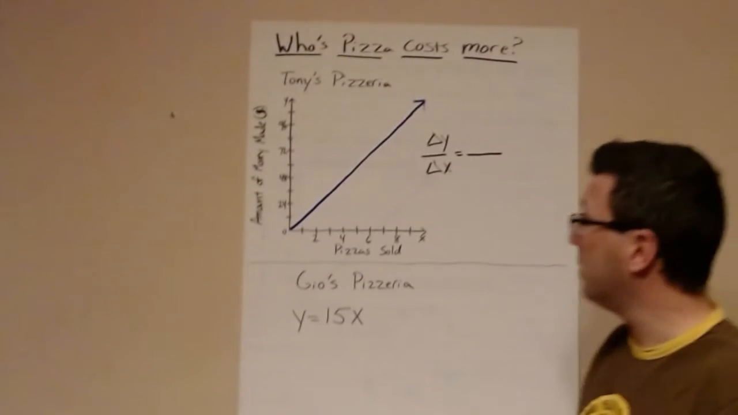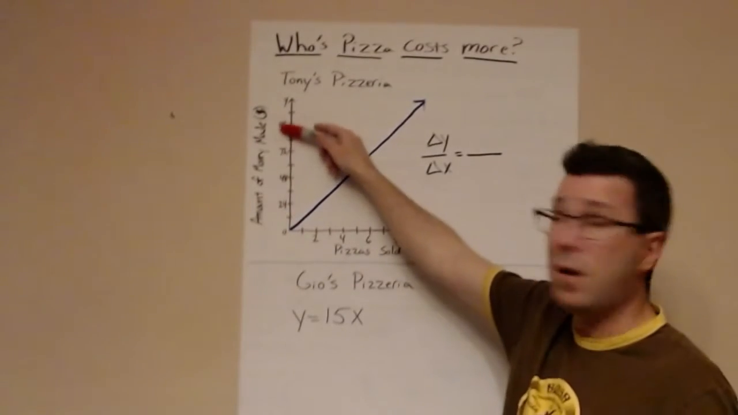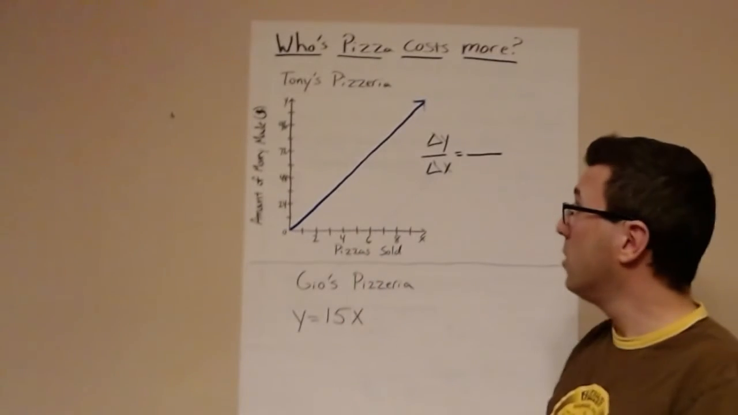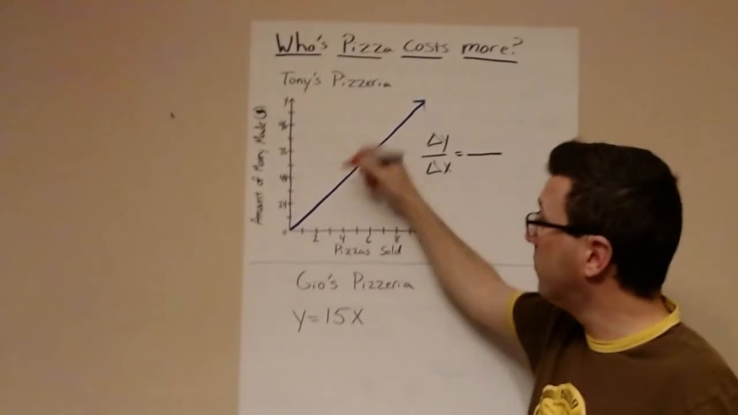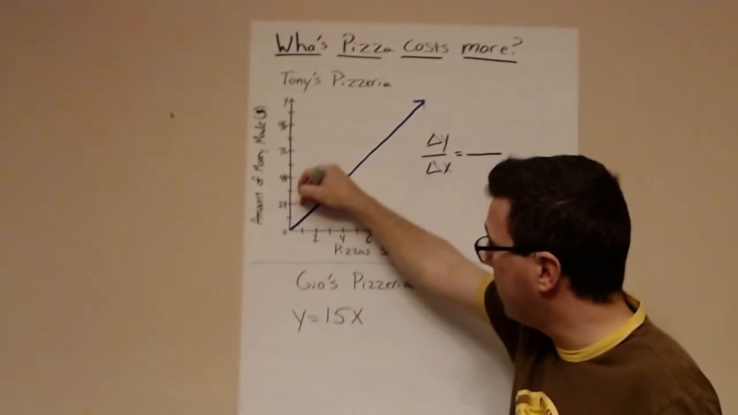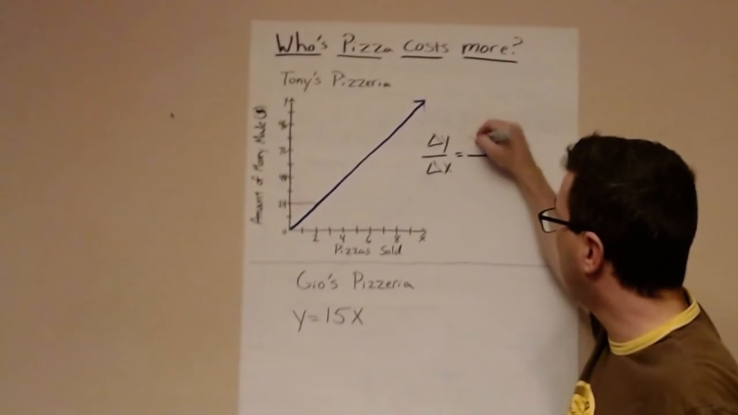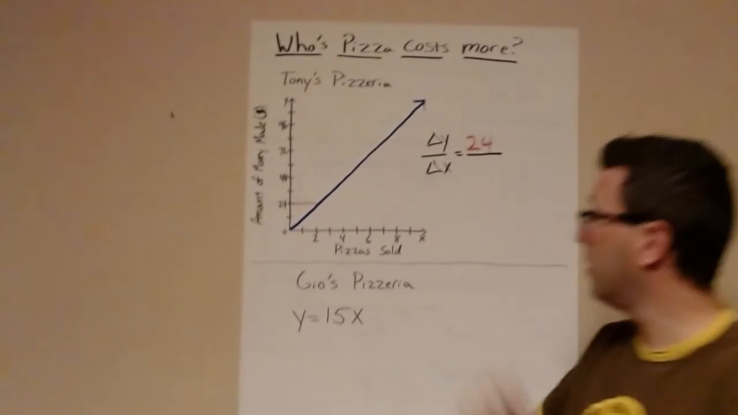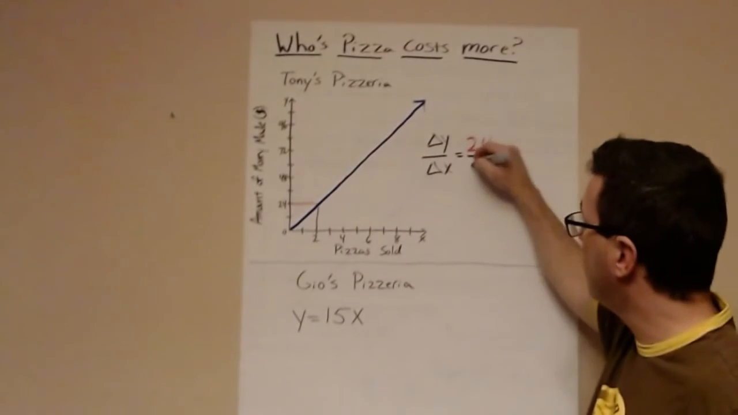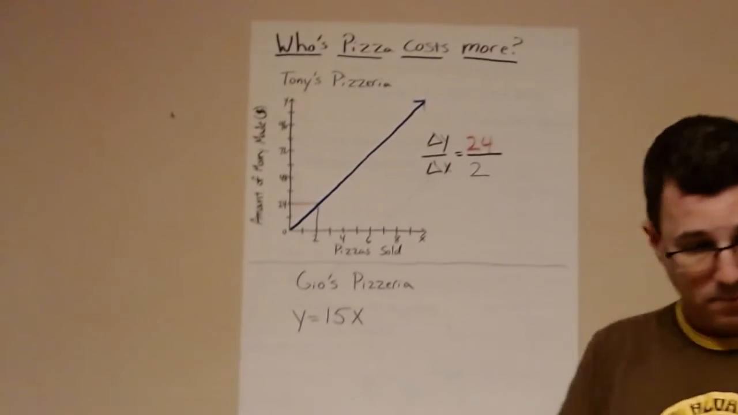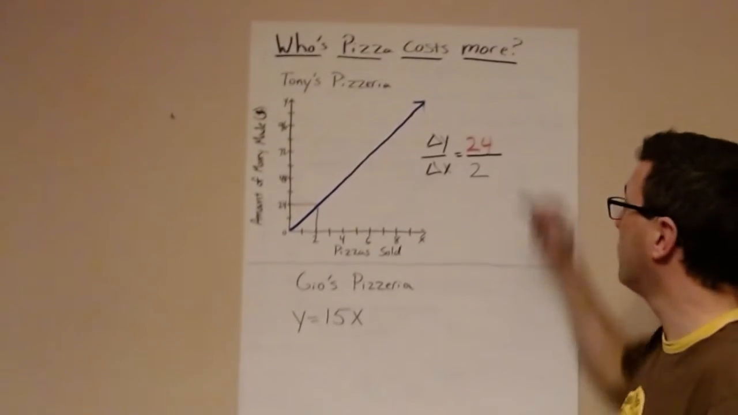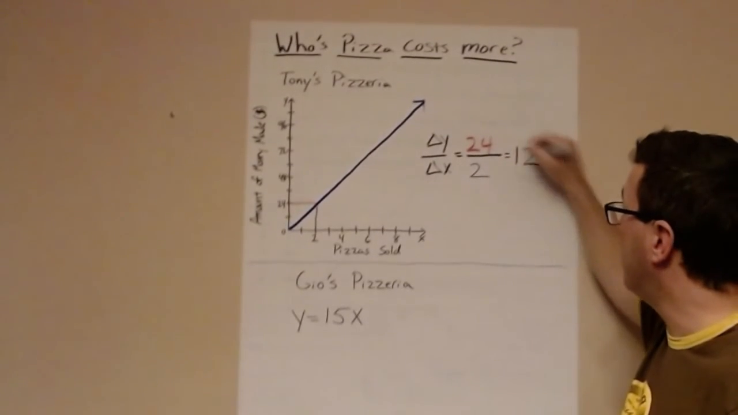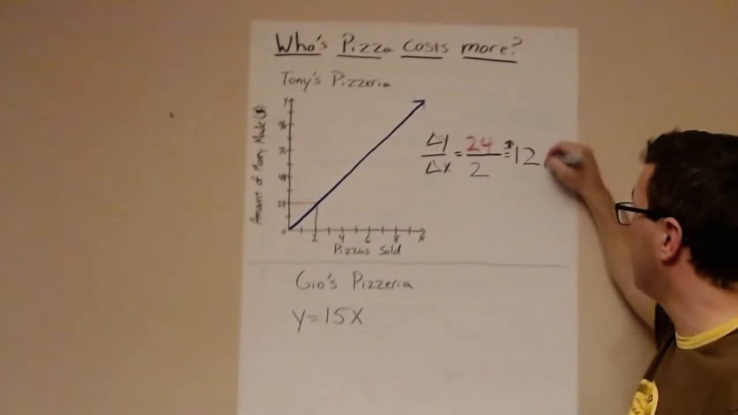So again, I'm going to look. I see that here we have the amount of money made. Amount of money is dependent on the number of pizzas sold. So the amount of money is our y value. So I look, again, I'm going to go here. That's 24. So it's $24 for 2 pizzas. Okay. So 24 divided by 2 is $12